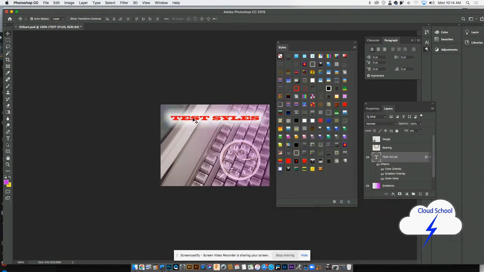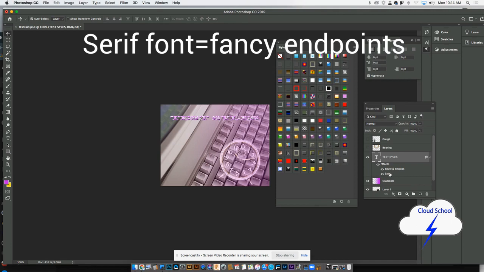Okay, let's try editing these layer styles. So here's our text that we put in there, and I attached one of these styles here, right? So you can try those out. And then here's the new deal. If you double click on that,